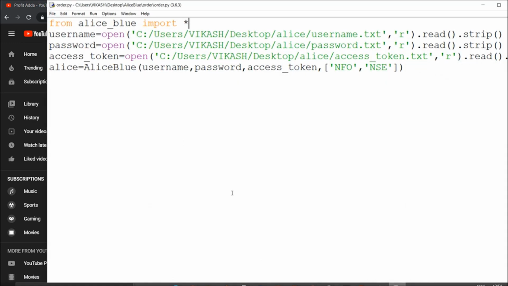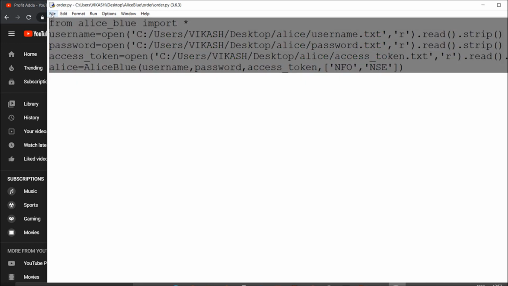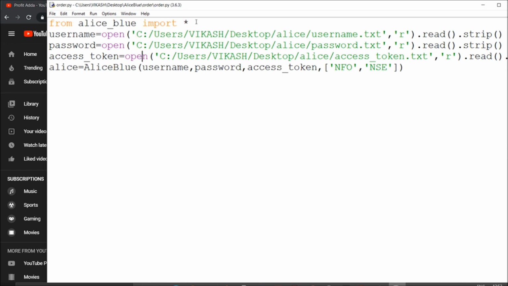I've already done a video on this, so you can watch that one. I already set up everything and extracted the access token. For that you can follow that video which I already mentioned, and this is the way you should follow. You should call Allies with the username, password and the access token. That's it. If you are prepared with these things, just follow a few simple steps and it will be easy to get the required symbol name, expiry and lot size.